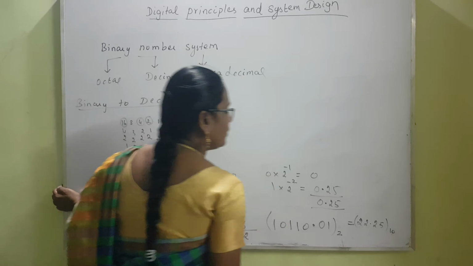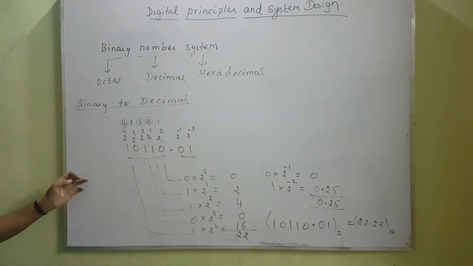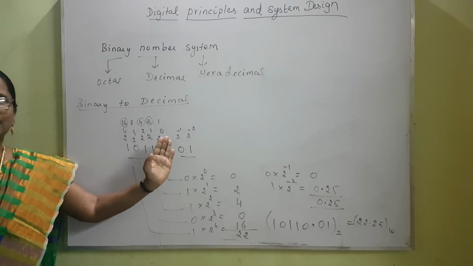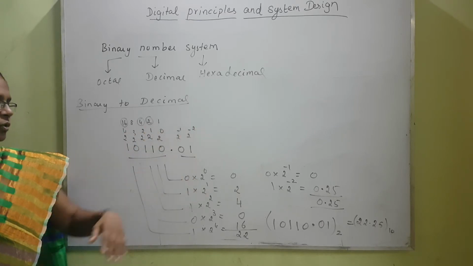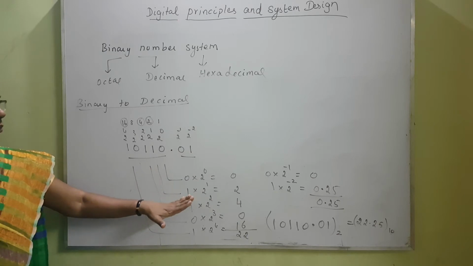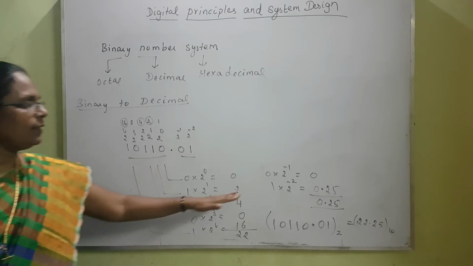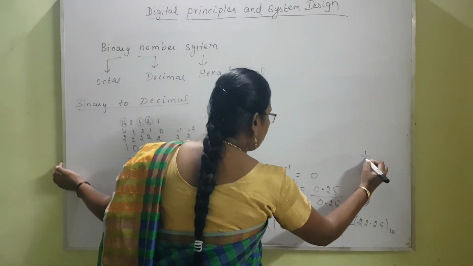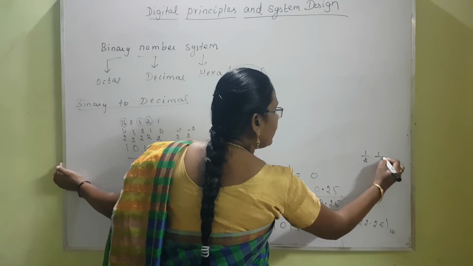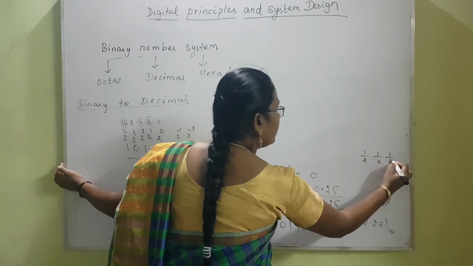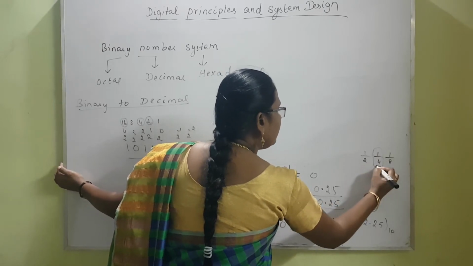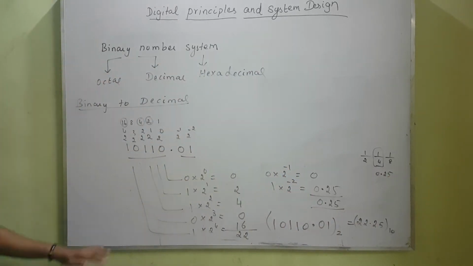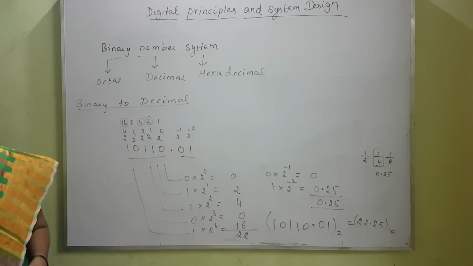That is base 10. So, are you able to understand? 2 to the power 0, 1, 2, 3 and 4. On the right hand side it starts from minus 1, minus 2, it goes on like that. You just add together the places where there is a 1. And here whenever it is minus 2, you just take 1 by 4, it goes on like that, 1 by 8. So 1 by 4 we have here, so that is 0.25. So we have got 0.25. So 22.25. This is binary to decimal.